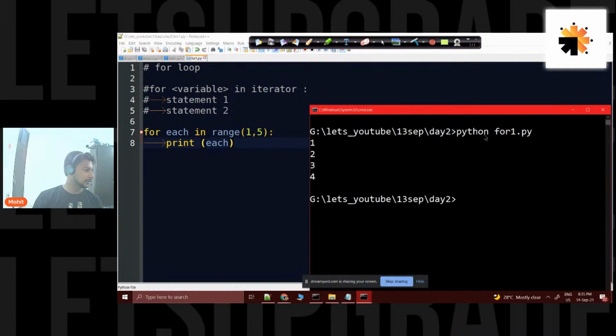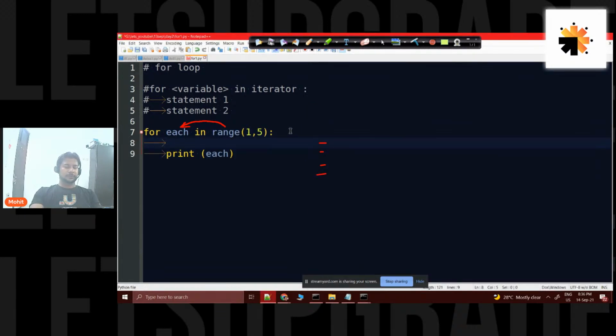Okay. Now I can see 1, 2, 3. So I'm getting the integer from this range function one by one, and this is memory saving. How is it memory saving? I can see this range transfers the value to this each. Every time each gets a new value, and every time it is reassigned to a new value. If you want to check, print